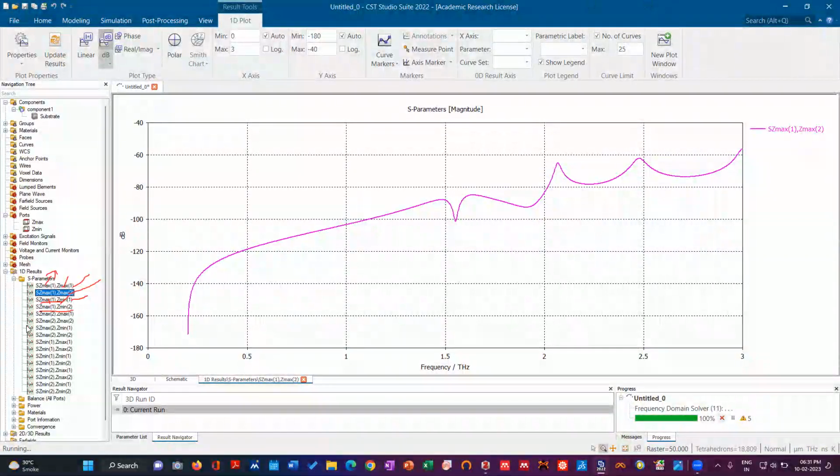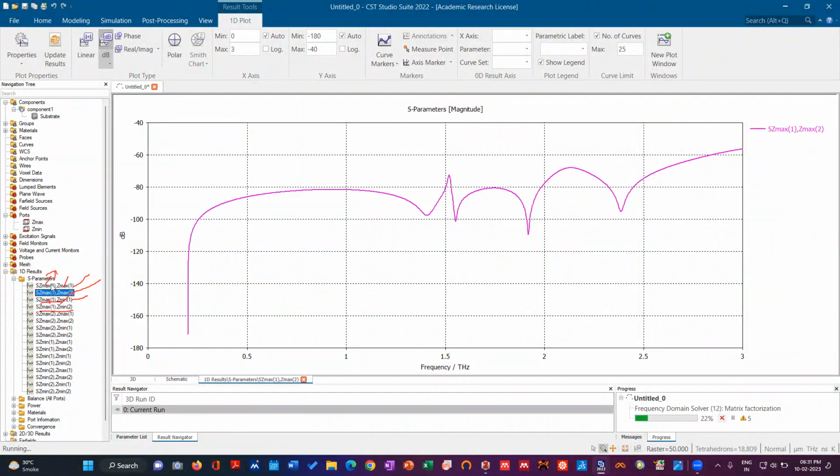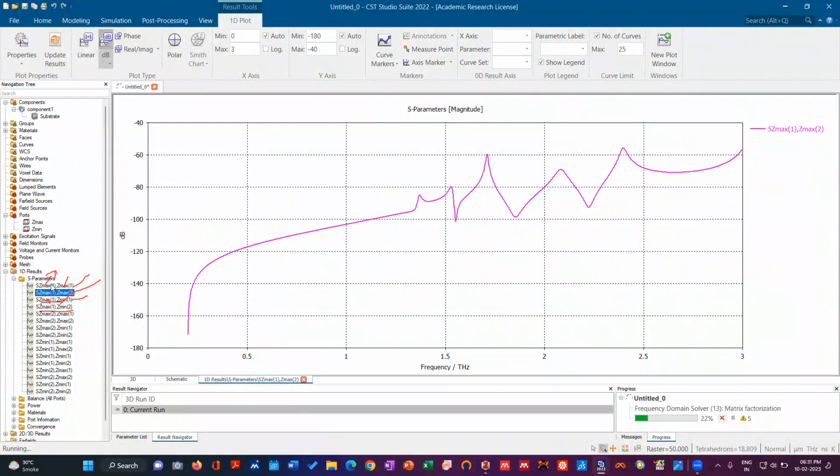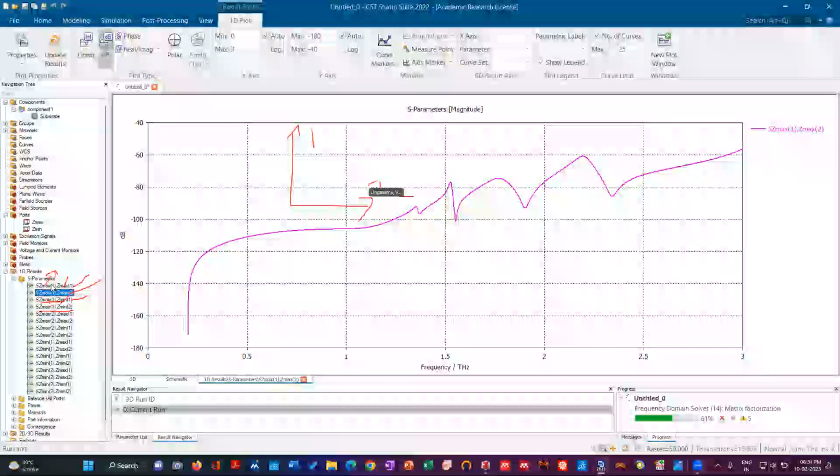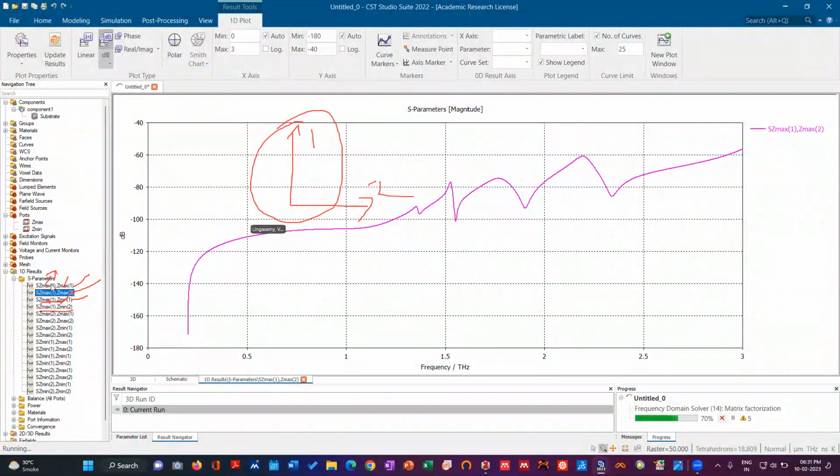The first one is the reflection of co-polarization, which is Z-max one and Z-max one. This is the reflection mode S11, the reflection coefficient of co-polarization. That means what, that is different co-polarization. You can see here that you are having 1 and 2, two polarizations, right? So you are calculating only for this polarization, not for this. The next item is Z